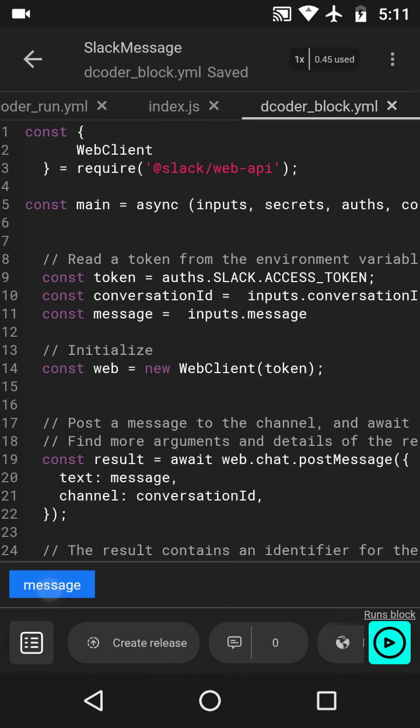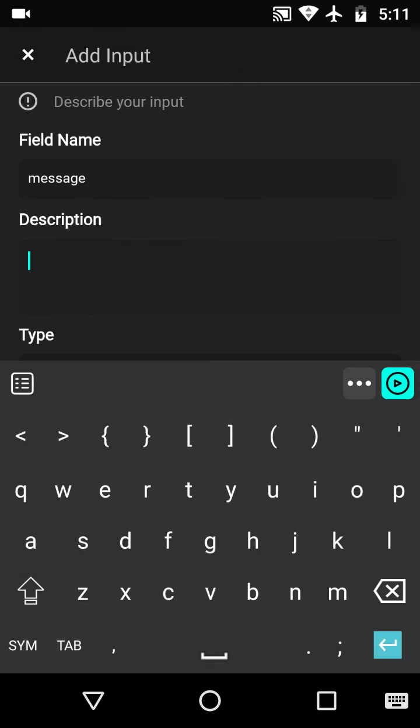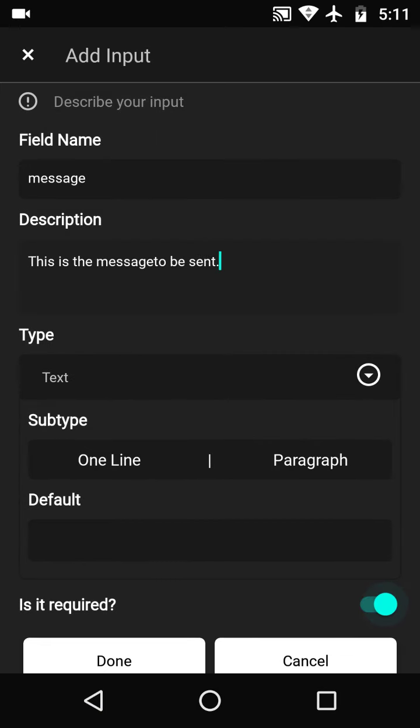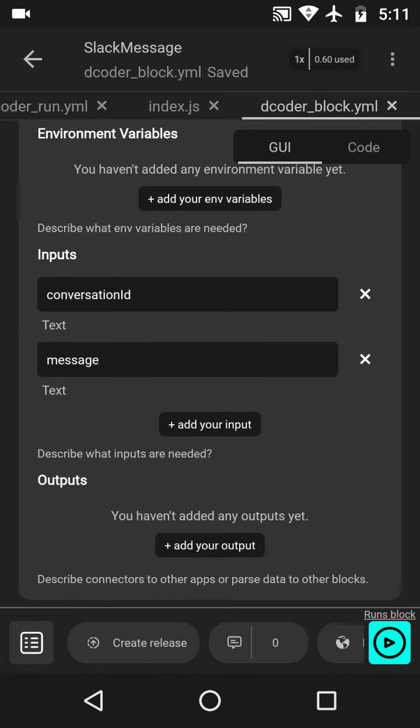Now there's one more field that we need to provide description for. This is the message to be sent. Let's select the type as text and make it required also. We are done.